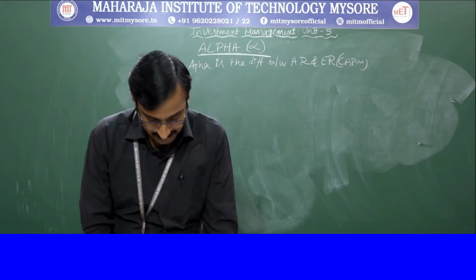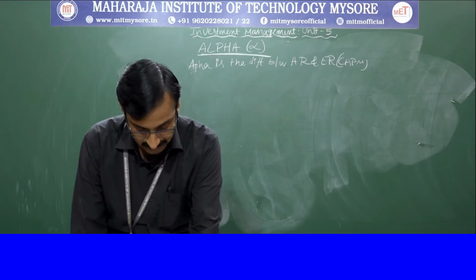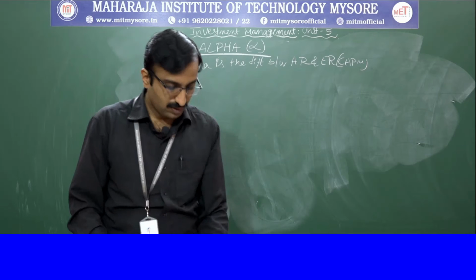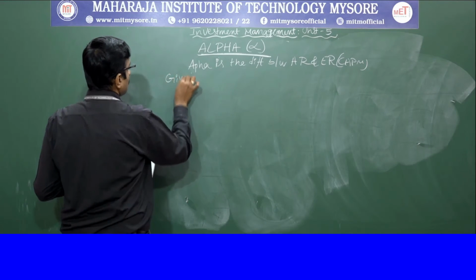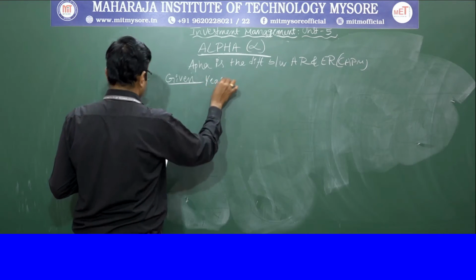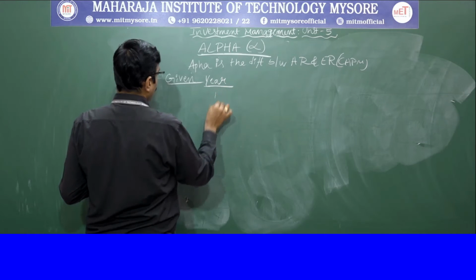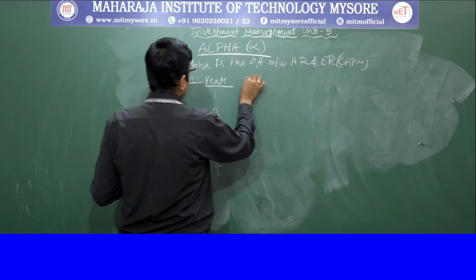So, we can take the data. Given data: from the following set of observations, calculate the alpha value. Okay. So, here they have given, you can take it. Given values are like here they have given years 1 to 4, 1, 2, 3, 4. Okay. And return they have given